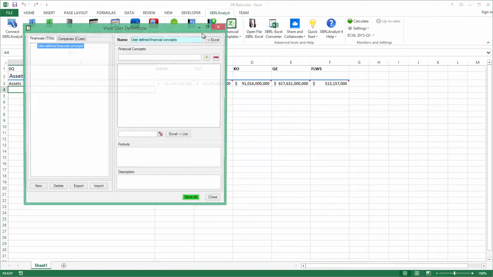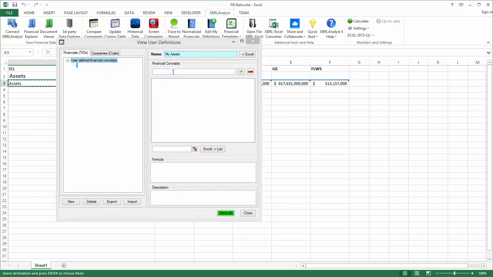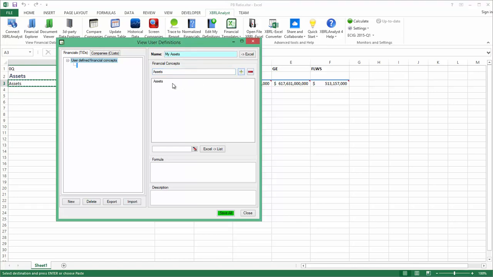So we go to edit my definitions in XBRLAnalyst, and we can make a new definition down here, call it my assets. And we just need to add this singular financial concept here, and this list is just going to be a list of concepts to search through when trying to get a value for this defined concept. So in this case, it's going to look for assets, and if it's not there, then this concept has no value. But if it is there, it's going to take assets, and we could have more tags here, which we'll